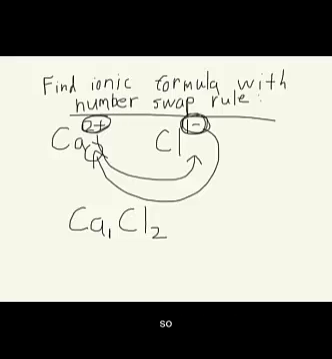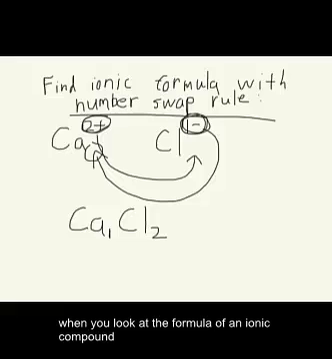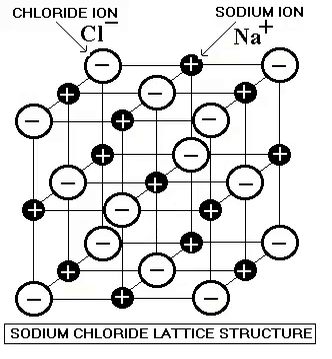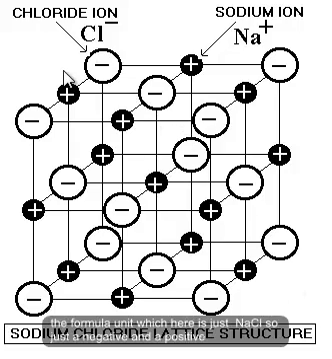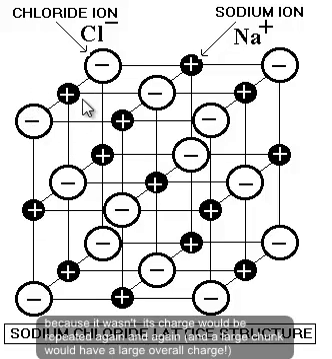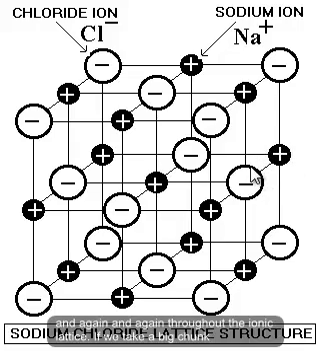So when you look at the formula of an ionic compound, that formula should be neutral, and that's why the number swap rule works. In an ionic crystal lattice, the formula unit, which here is just NaCl, so a negative and a positive, has to be neutral, because if it wasn't, its charge would get repeated again and again and again throughout the ionic